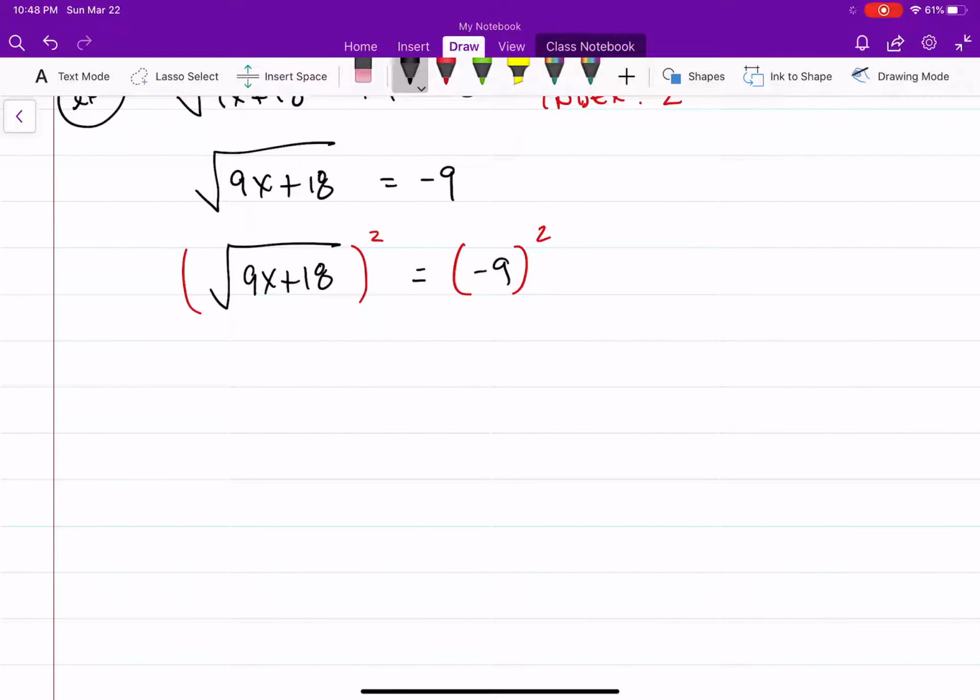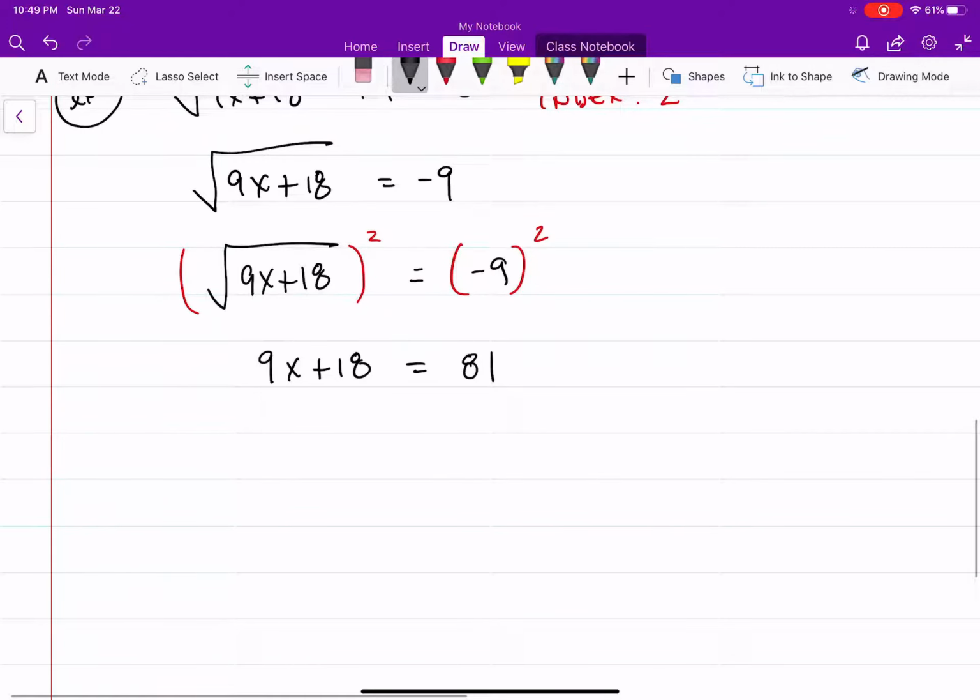So the left side, the square root and the square, cancel each other out. So I have 9x plus 18 is equal to negative 9 squared, which is 81. Okay, so I got to subtract the 18, so I got 9x is equal to 63. So therefore x is equal to